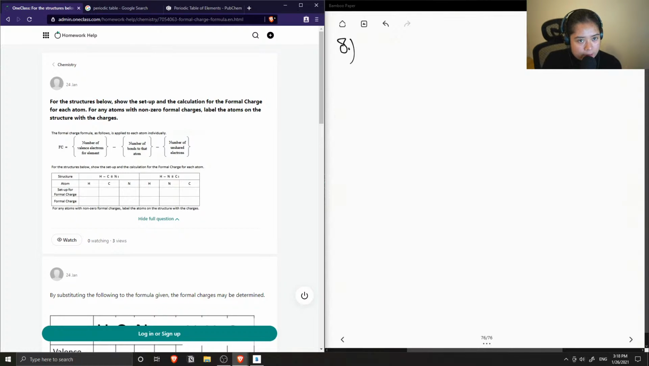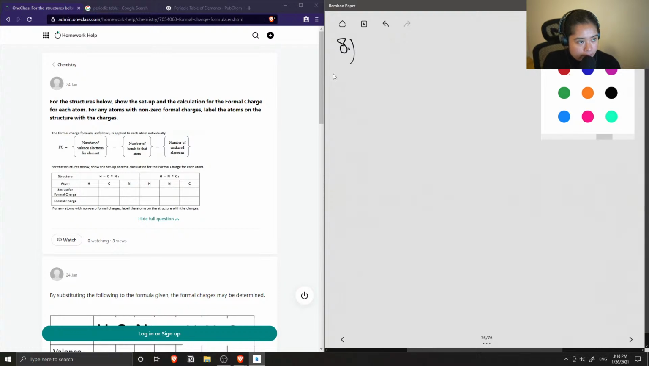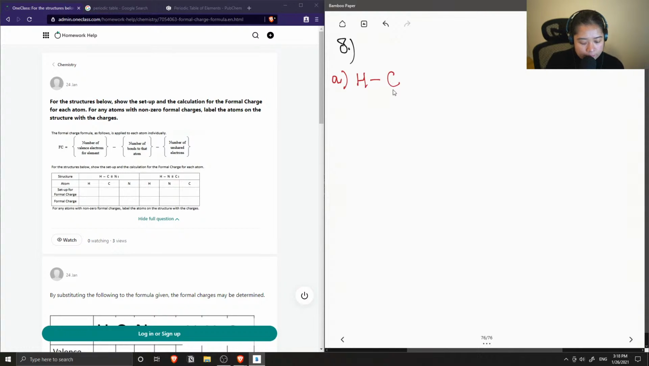So let's start off with structure number 1. We have hydrogen single bonded to a carbon that is double bonded to a nitrogen with a lone pair. Okay, so this was given in the question already, but I'm just going to write it at the top here,